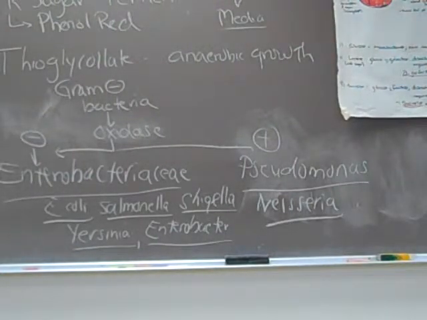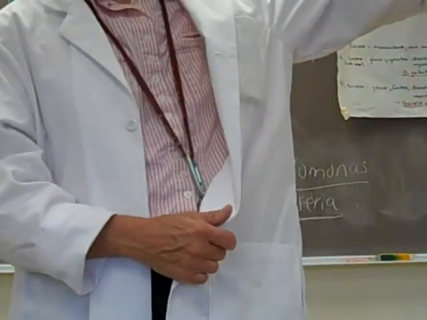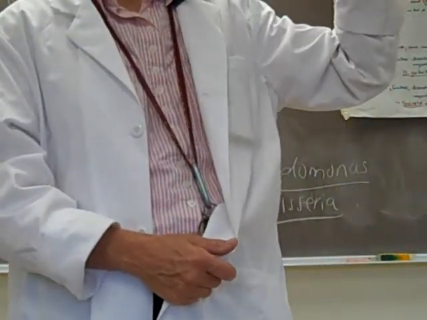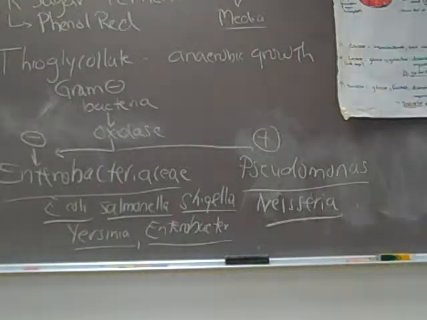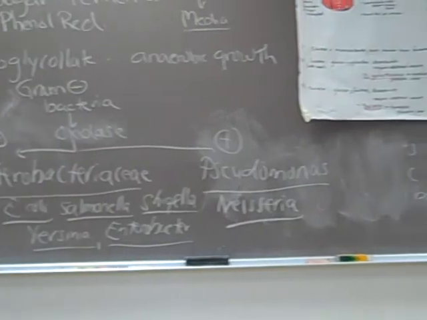So with that, we'll let you all get to work. You might first want to organize and see if you can combine teams. Ideally you would like to have 6 teams total because we only have 6 plates. So each group will need a total of 9 PR tubes and 2 thioglycolate tubes. And then each team, if you all would share one stock culture plate of the E. coli, the Alcaligenes faecalis, and Bacillus